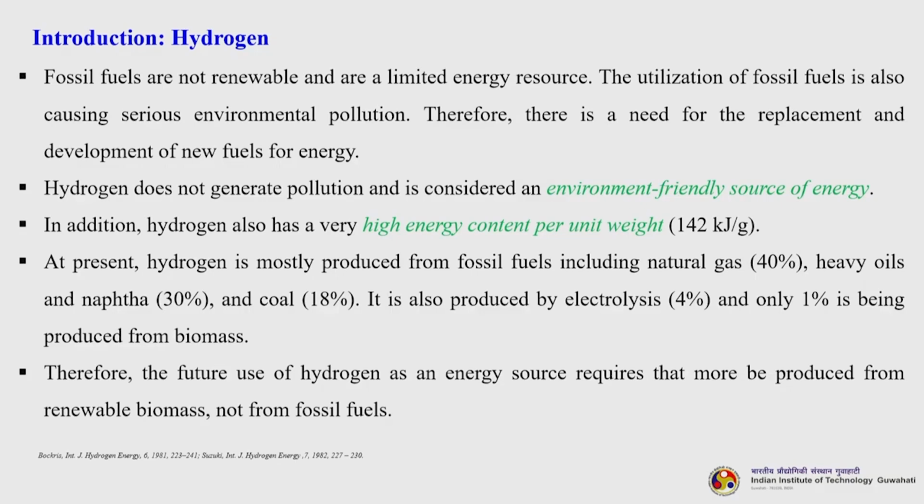At present, hydrogen is mostly produced from fossil fuels including natural gas, heavy oils and naphtha as well as coal also. Now, it is also produced by electrolysis of water, and only 1% is being currently produced from the biomass. Therefore, the future use of hydrogen as an energy source requires that more be produced from renewable biomass, not from the fossil fuels. So, most of the research is now concentrated on development of biomass based hydrogen production and its